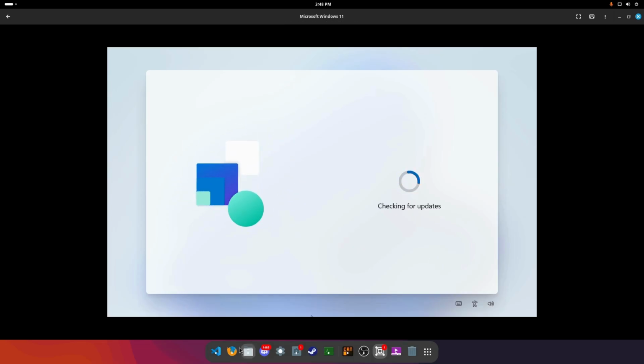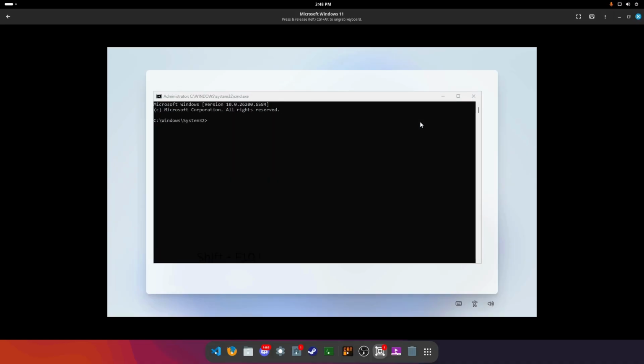The first way, and I think this is the most common now, is you're going to, like we did before, open the command prompt, and you're going to type this in. You're going to type start ms-cxh local only, and like everything else, this will be included in the description if you just want to copy and paste that. And you should be able to just hit enter,